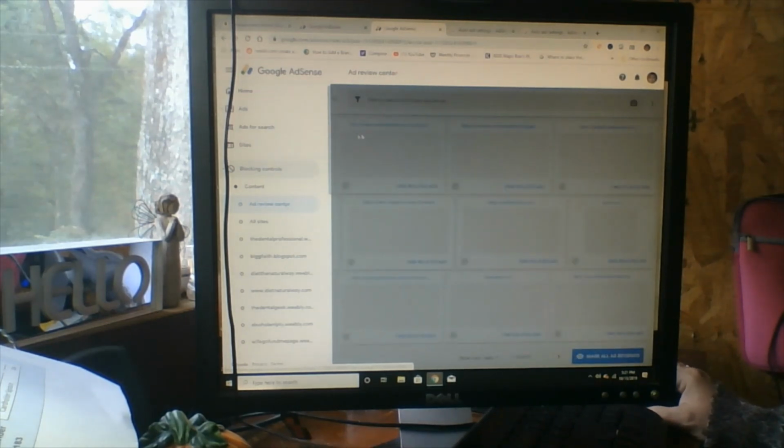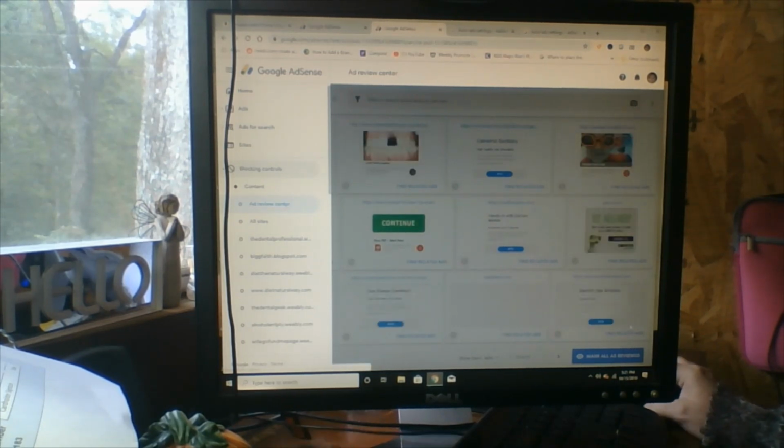Okay, if you get onto blocking controls under your Google AdSense, it's going to show ads. These are people who want you to show their ads on your channel, your website. So they say you pretty much, unless it doesn't conflict, if I'm selling artwork, I'm not going to advertise someone else's artwork unless I'm being kind. That ad's not that important to me. But generally, rule of thumb is it's just better to mark all as review,